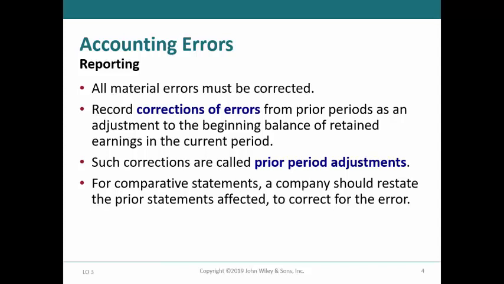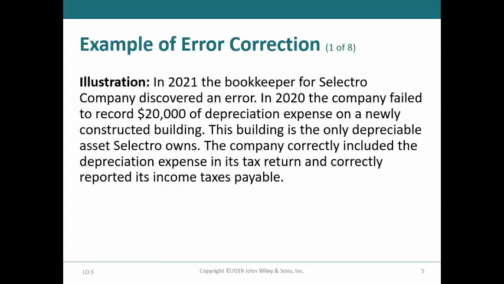Error corrections are done retrospectively by adjusting the beginning balance of retained earnings in the current period. Also, there should be restatement of all prior periods that are presented together. The process is the same that we use for changes in accounting principle, but we call the correction of errors prior period adjustments. To illustrate accounting for error corrections, we will look at an example where the bookkeeper for Selectro